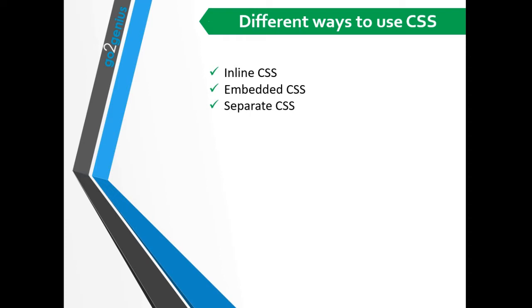On the very first level, we have inline style. So what is inline styling? It is a very simple method: when you apply CSS properties directly on the HTML elements, this method is called inline styling. So let's see in code how we can apply inline style on the HTML elements.